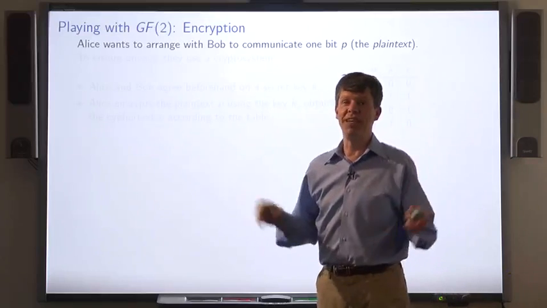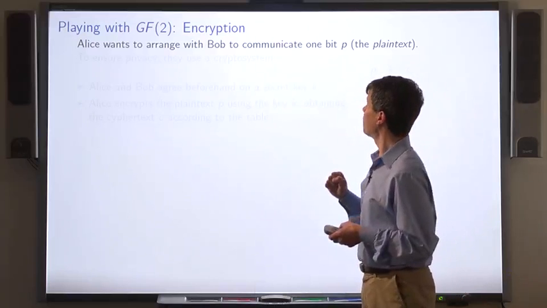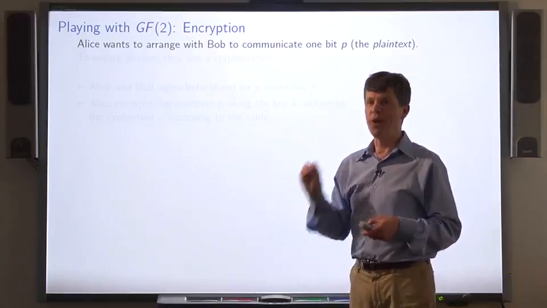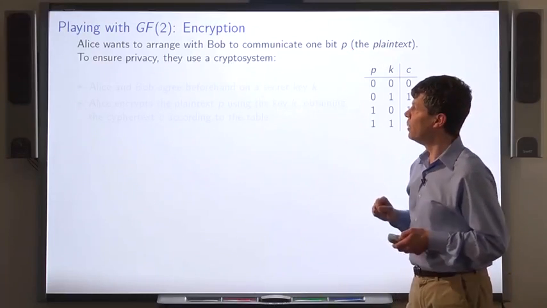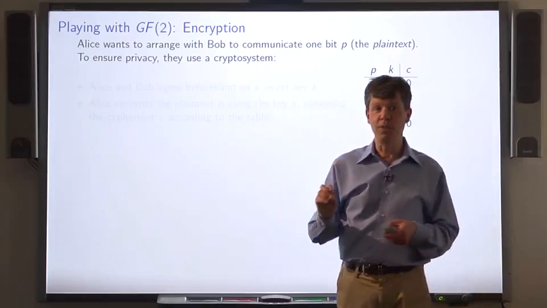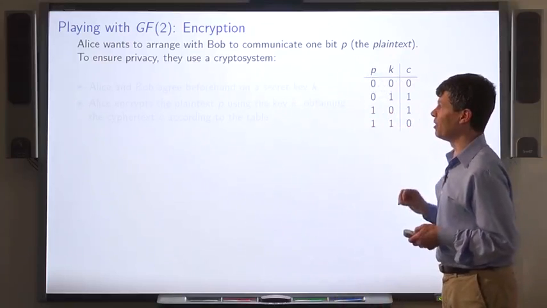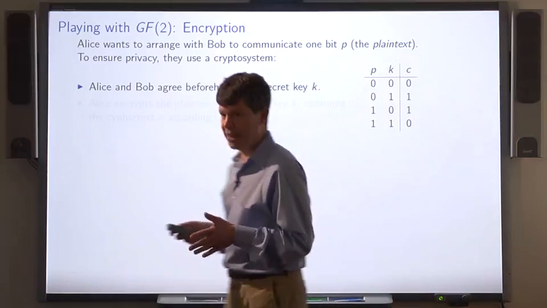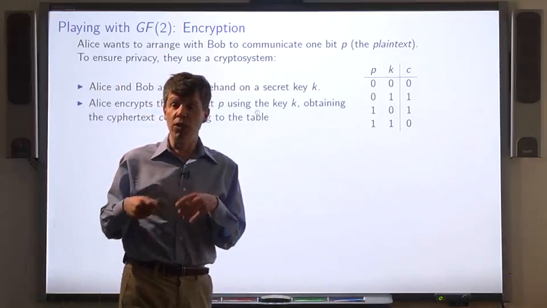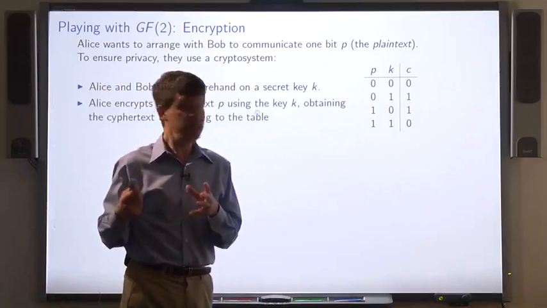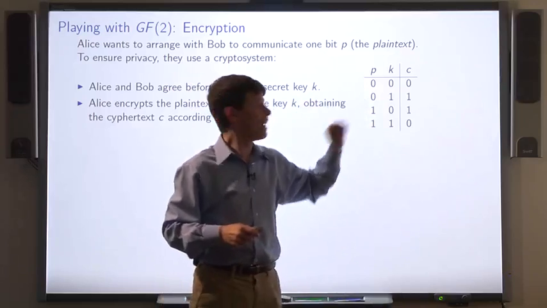Here's an application of GF2 to cryptography. Now suppose Alice wants to communicate with Bob. She only wants to communicate 1 bit, let's say. It's called P, the plain text. So they use a crypto system to ensure privacy. Now here's the table describing the crypto system. Alice and Bob agree beforehand on a secret key, K. And Alice will encrypt her plain text P by using this table to figure out the ciphertext C that she